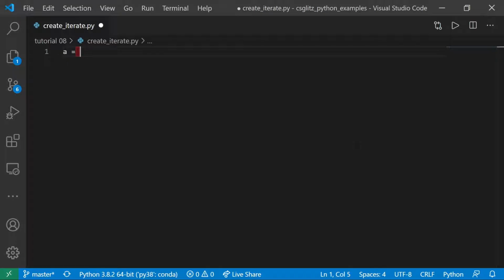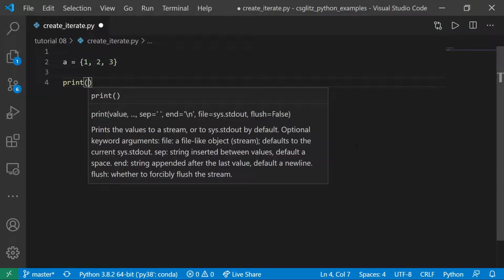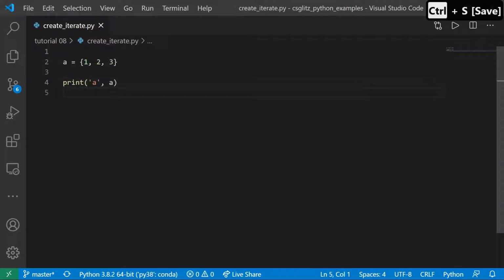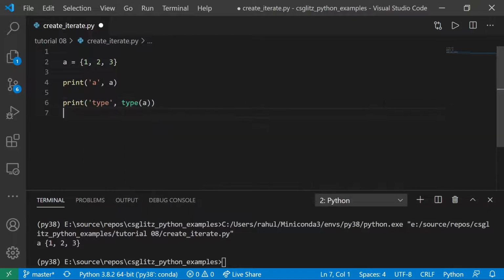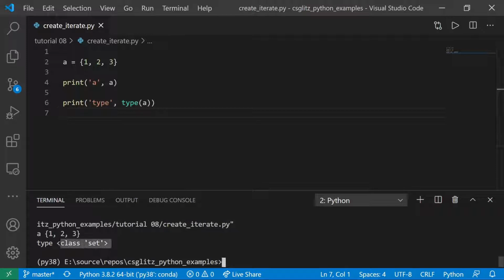Unlike list, set is an unordered sequence of objects. We can declare them by using curly braces. Elements are separated by a comma. Now, A is a set type variable that contains 3 integers. We can use built-in function len to get the number of elements in a set.